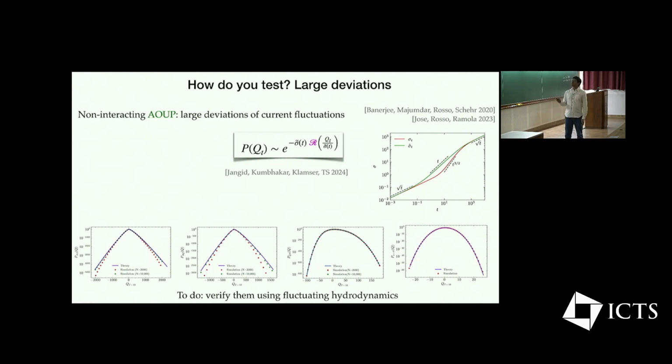And here you can show that there are all 4 different cases depending on how you start or prepare the initial state. And you can compute all this exponential function, which is the large deviation function, explicitly in a closed form. You can check with this importance sampling method that they all work. And you can show that they are all different depending on what initial state you prepare with. Now, this has been derived using microscopic